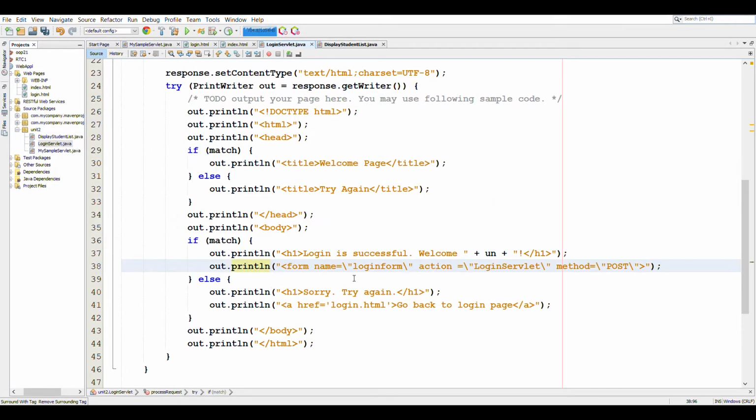So we are creating a form tag inside the HTML response, and the name of this form is, let's say, displayFormStudentList, and the method that we are using can either be get or post.